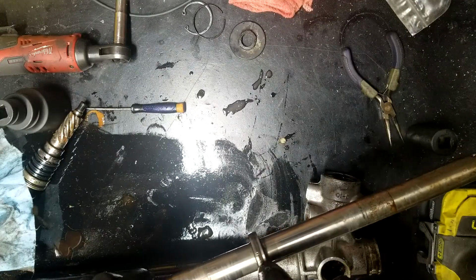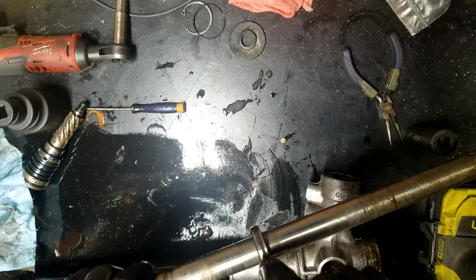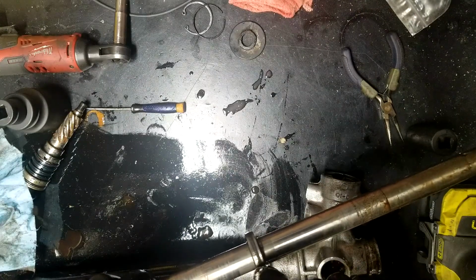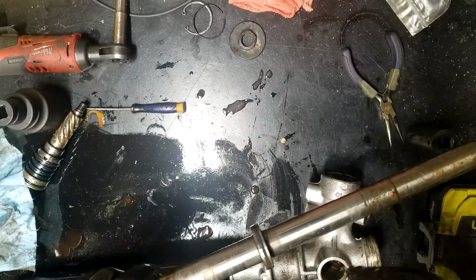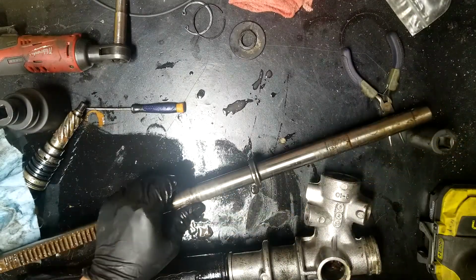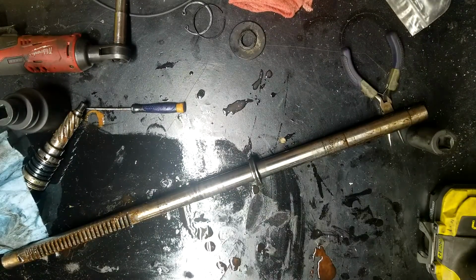You're gonna cut down with either a Dremel or a grinder, all the way down to where it looks like it's about to go through. Stop, hit with a punch, and it should break in half, and you won't have to worry about scarring up the metal itself. So let me set this thing over here so it drains somewhat into a bucket